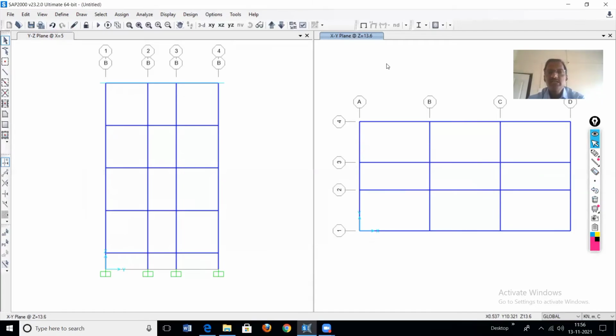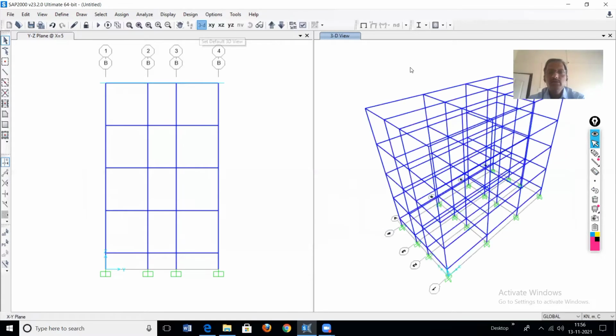Okay, so we can check here also, just in the second window, just click on 3D frames. Okay, so all the color columns support have been provided. And just check the beams also, whether the beams have been defined as per the definition of the beams. For example, now we'll select all the beam exterior. So which beams get selected, that we will check. So how to select the beams exterior?